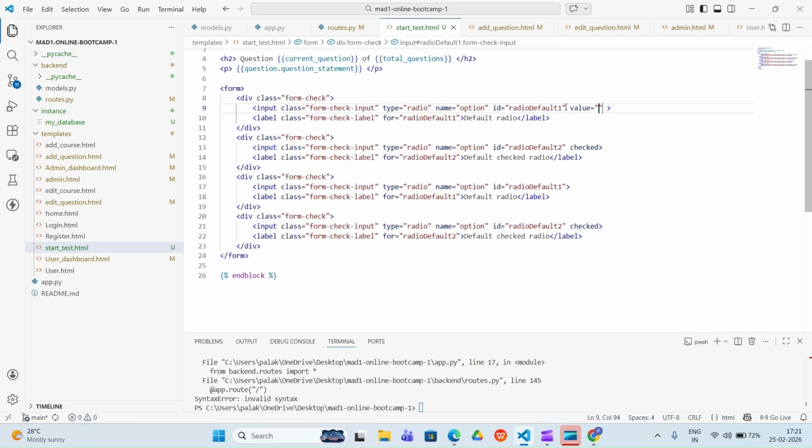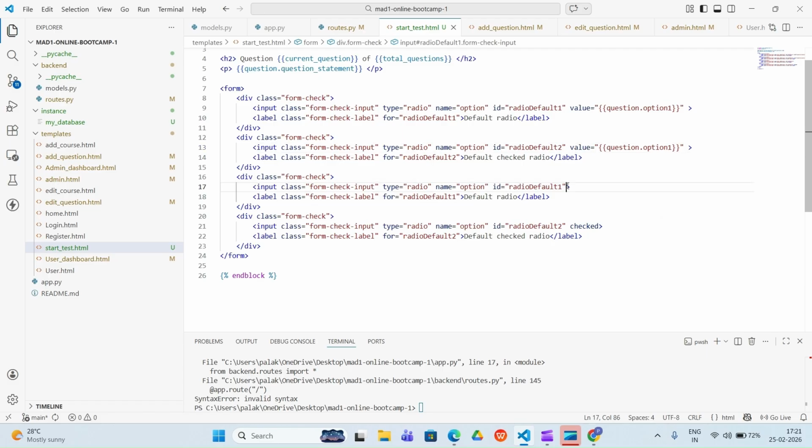Similarly, we need to render the options here, so that the user can see the options from these questions and then select a particular option from there. So we are writing here question dot option 1, and similarly we'll do it for the others also. Instead of checked, we are going to give value here.